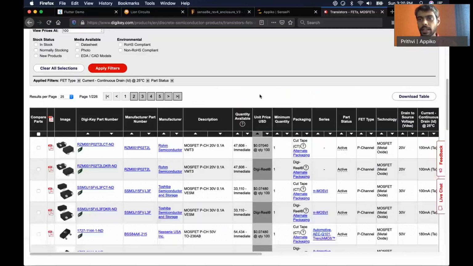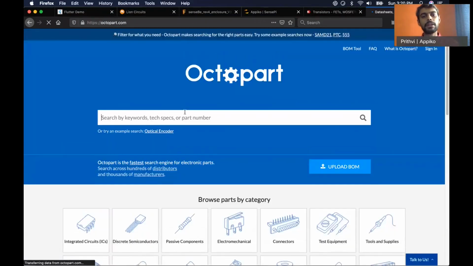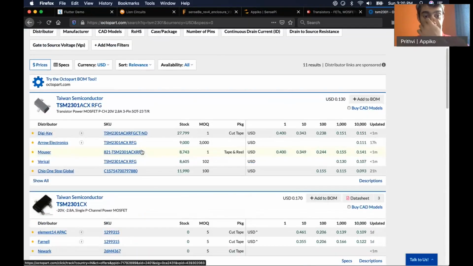Another website that will be quite useful when choosing components is Octopart. Here you can search for various parts across various vendors. As you can see, it is available across various vendors and the prices are shown for different quantities.